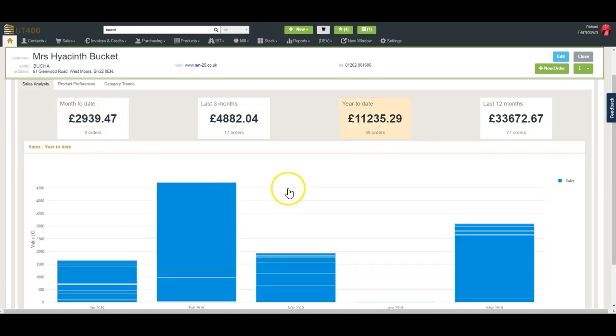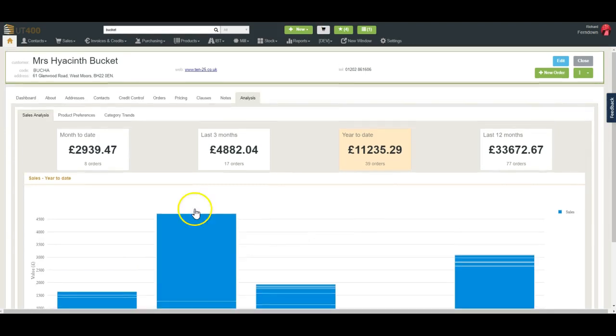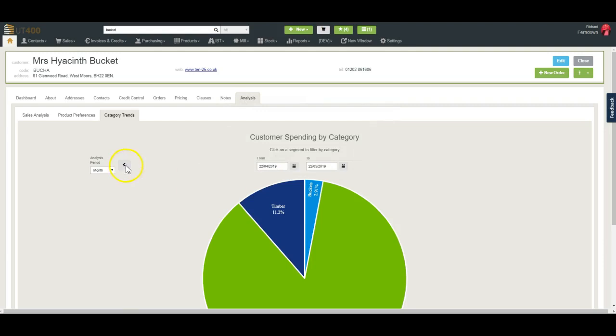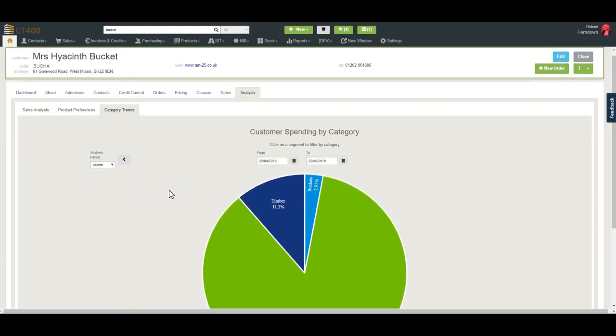and that's very simple to navigate. The bars that show the sales totals, you can hover over, and each of these segments in the bar there is an individual order, and you can click and go into that particular order if that's what you want to do. In addition, you have analysis information like category trends, what types of product this customer has been buying,